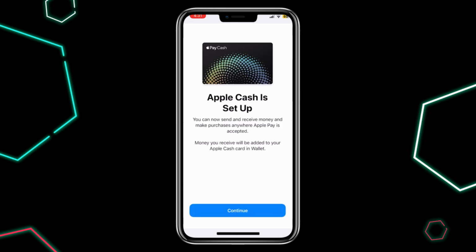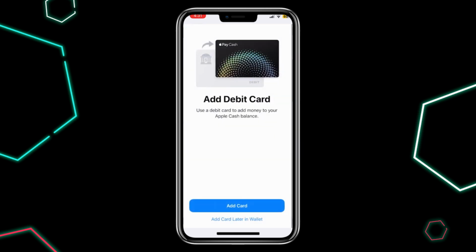So if you want, you can add a debit card to fund your Apple Cash balance. This step is optional, but it makes it easy to send money right away. And that's it. Apple Cash is now set up on your iPhone and you're ready to send or receive money